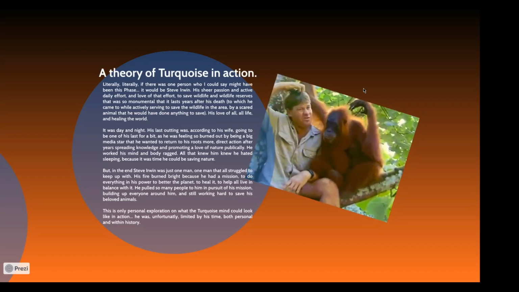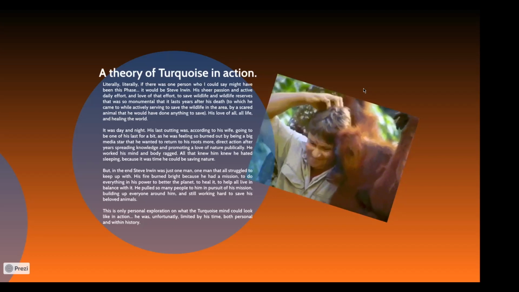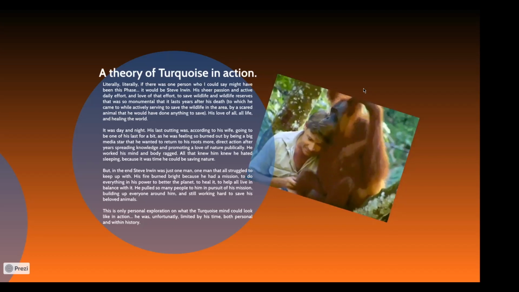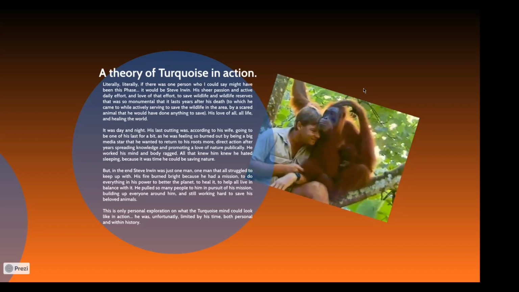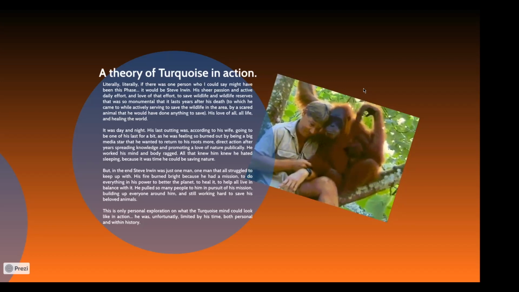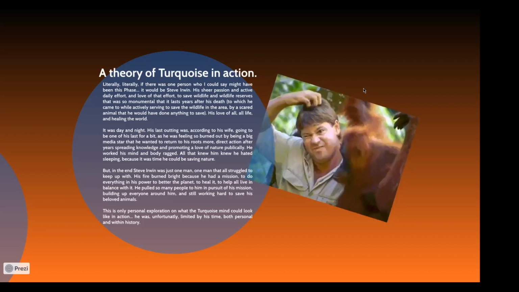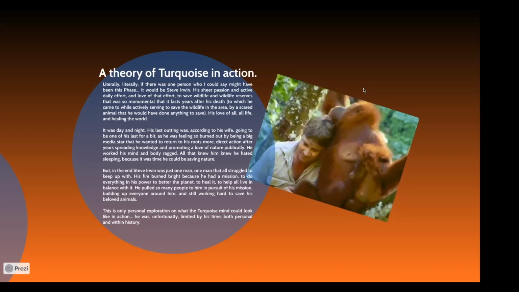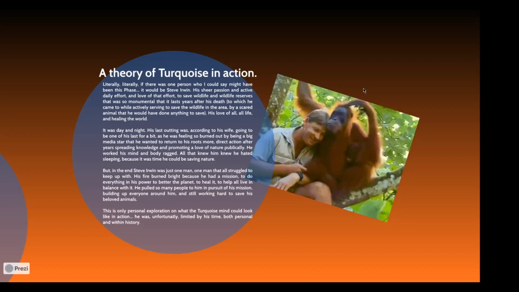So they had children. And his children realized, yeah, well, we have to do the same. We have to leave a better world for our children. So this is only one possible example of a turquoise. I would not assign it to him because he is not alive, and therefore I wouldn't build that. And I never got to meet him personally. We only have what he put forward and his example.